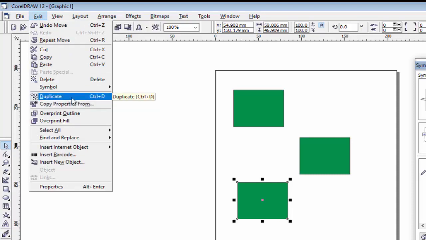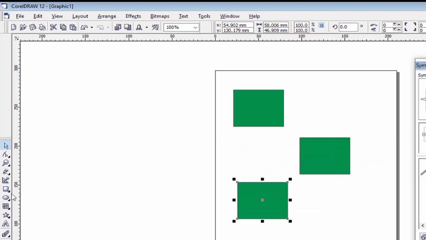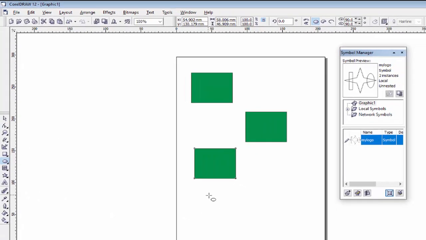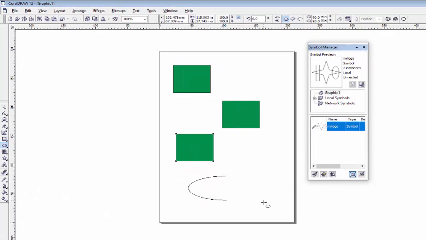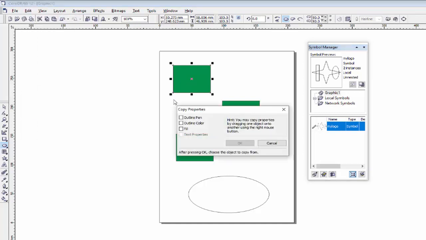So this is the way of using the duplicate option. And the next option is a very important option, copy property from. Before clicking here, create one object on your screen in Corel, select this rectangle, go in edit, and click on the copy property from option.